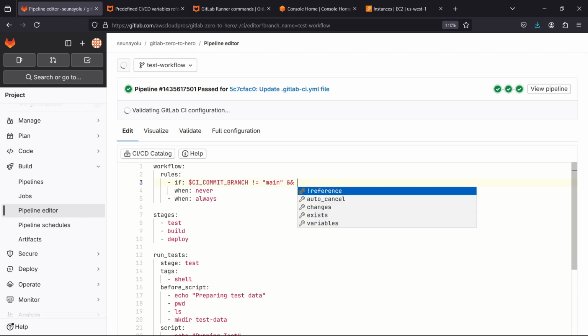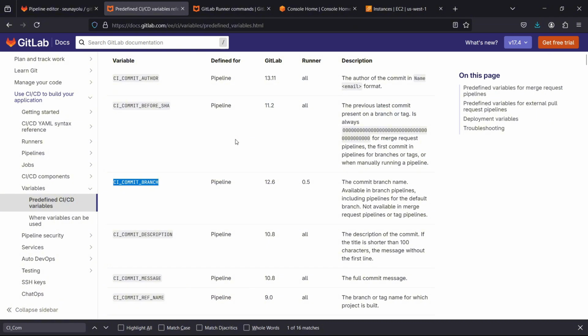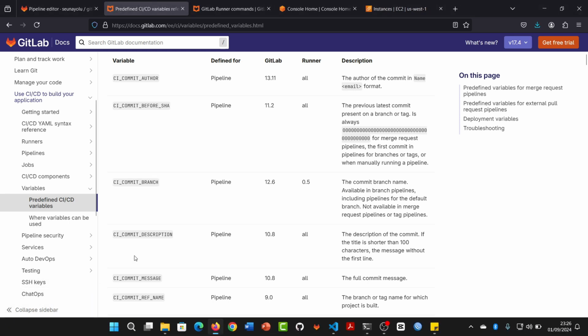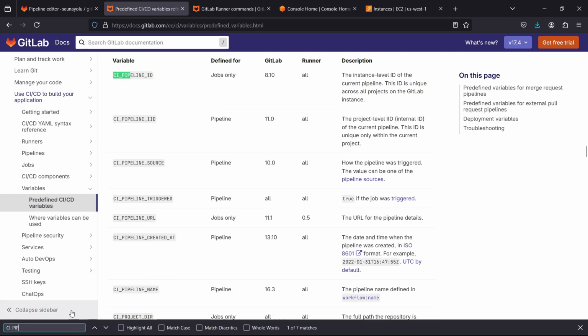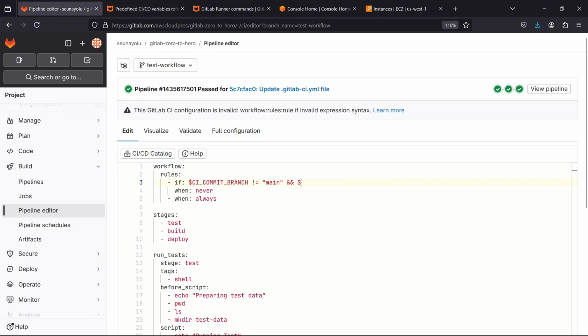I'm going to use another variable from here, which is called CI pipeline source. You can search for it in the search bar: CI underscore pipeline. Here I have the pipeline source. You can copy that, come here, and say this is another source that you want to verify. So if the source is not equal to merge_request_event,